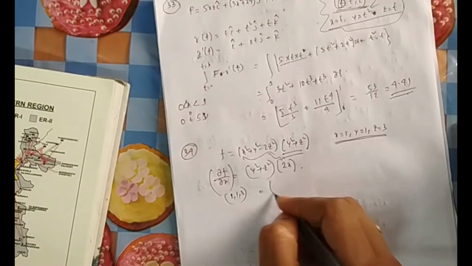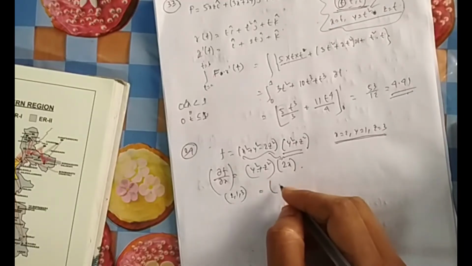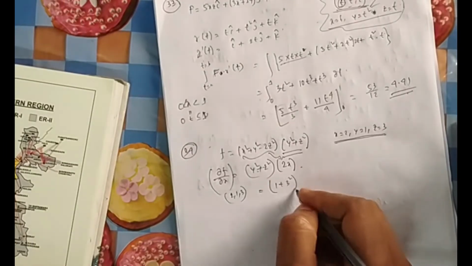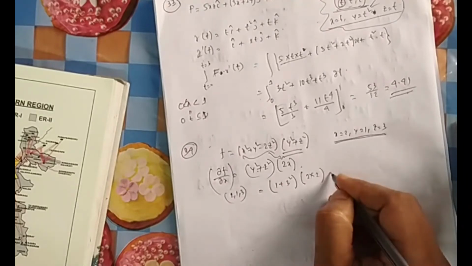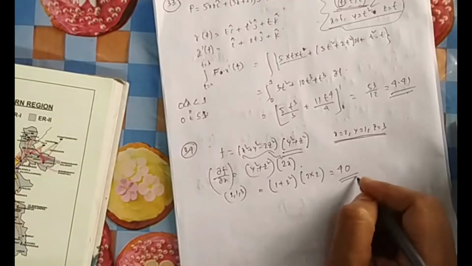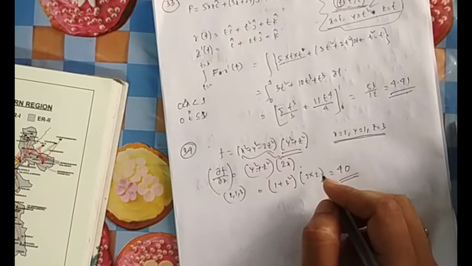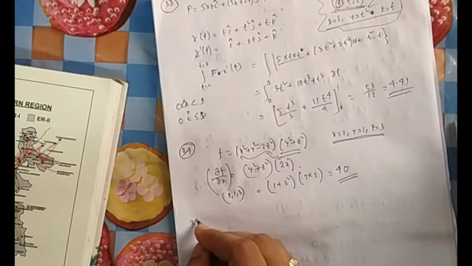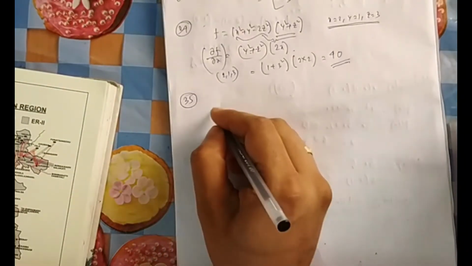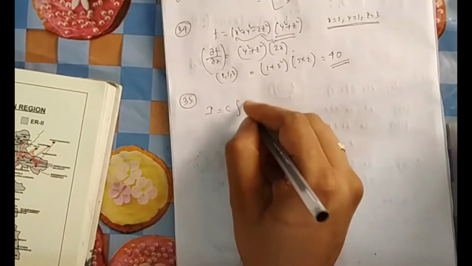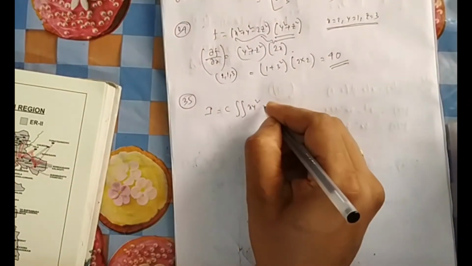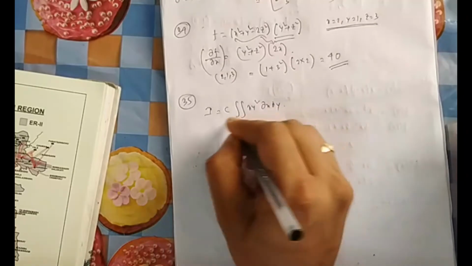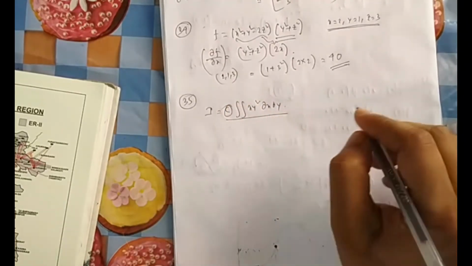So in place of y it will be 1 square plus 3 square, 1 plus 3 square, and 2 into 2, that is 10 into 4, that is 40, is the answer. So if this is done, then 35, I is equal to, so you remember you have to multiply with that c. When you get the integral, then you don't get happy, because you need to multiply it also with c.